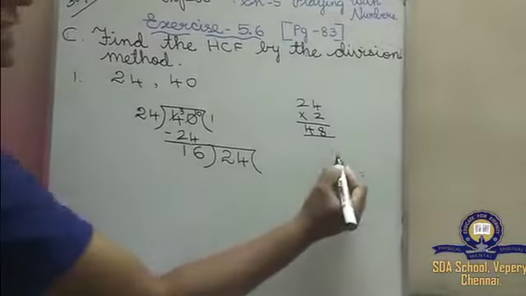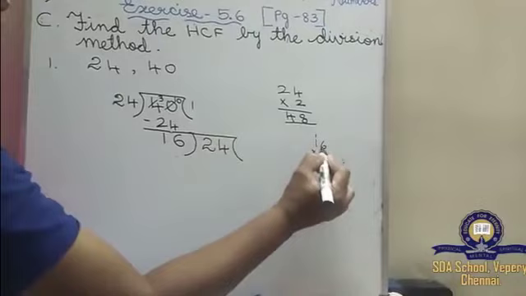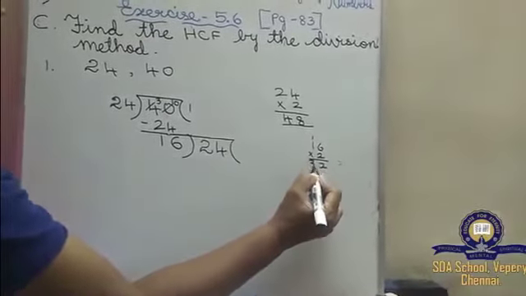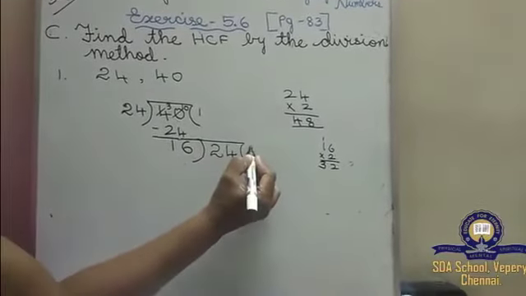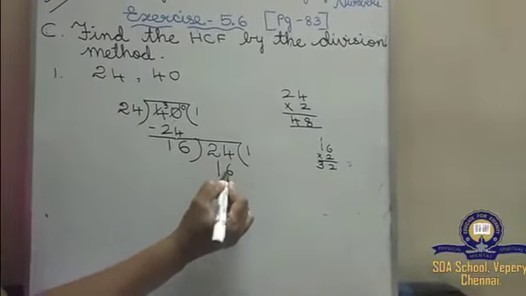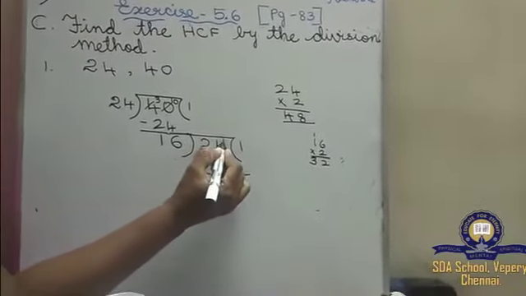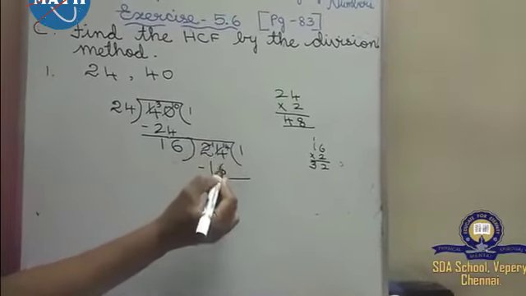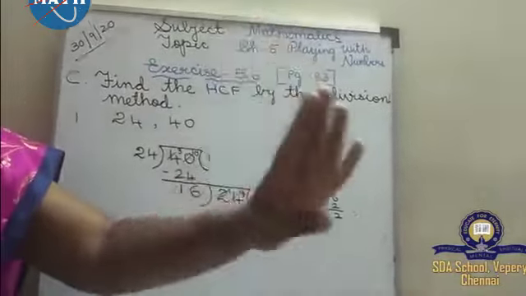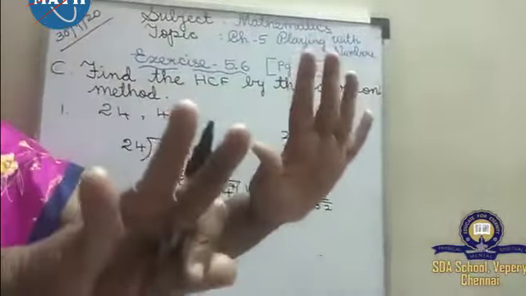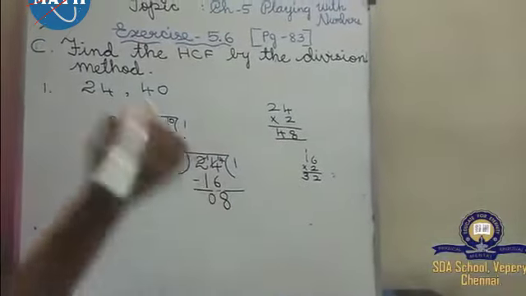So now 16 twos are what will come, children? 16 twos are 32 will come. So you can't put 32. Can we put 32, children? No. So again what will come? 1. 16 ones are 16. So after 6, can you count? No. So you have to borrow. This will become 14 and this will become 1. After 6, you count up to 14, children. 7, 8, 9, 10, 11, 12, 13, 14. 8. And 1 minus 1, 0 will come, isn't it?